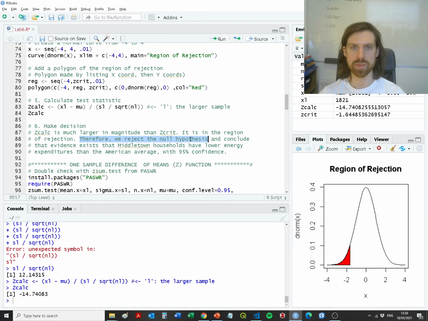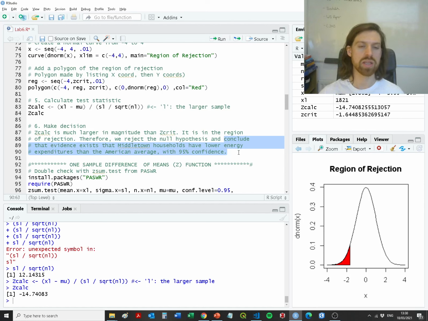The null hypothesis is the baseline. It's the business as usual case. And what we're doing, because our value is in the zone of rejection, is we're rejecting that null hypothesis, concluding that evidence exists that our hypothetical Middletown residents have lower energy expenditures than the American average at the 95%